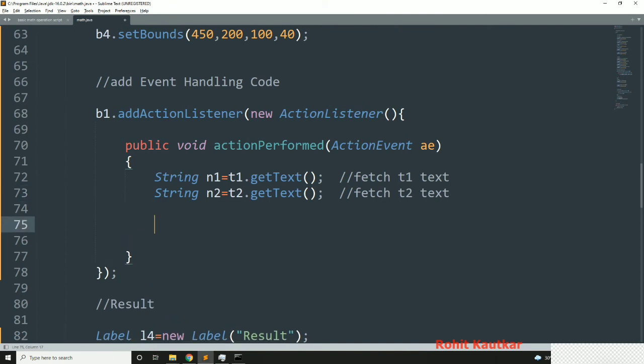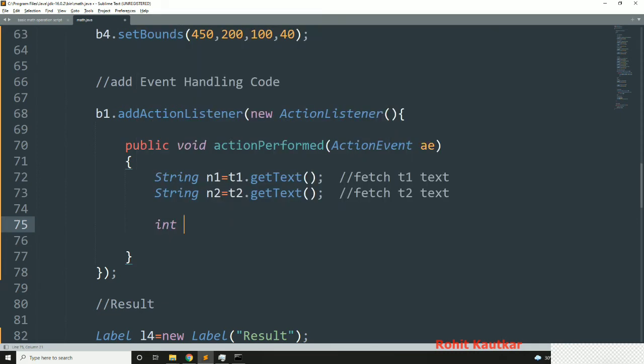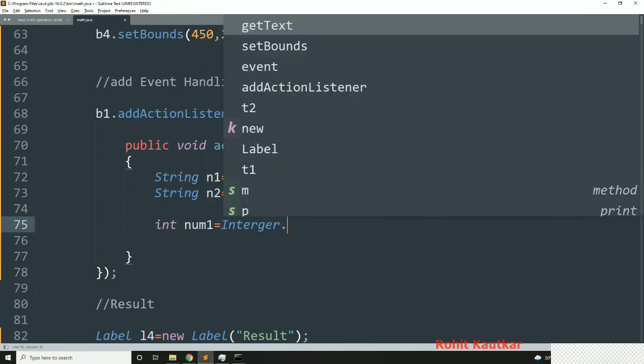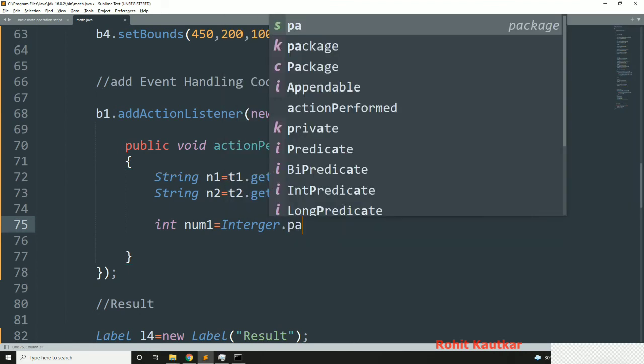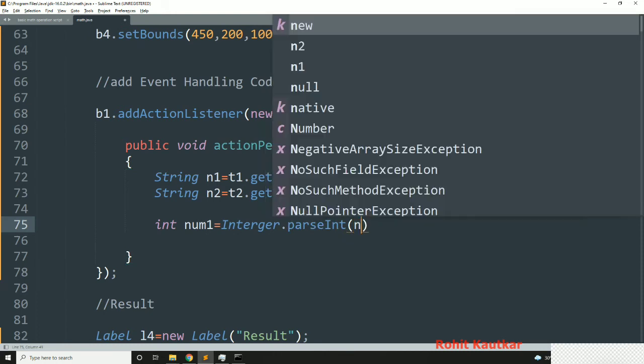So both text will be available within n1 and n2. Now as it is string, we will first of all convert it into number. So for that, let's assume one variable. Num1 is equal to Integer dot parseInt, and to this we will pass n1.